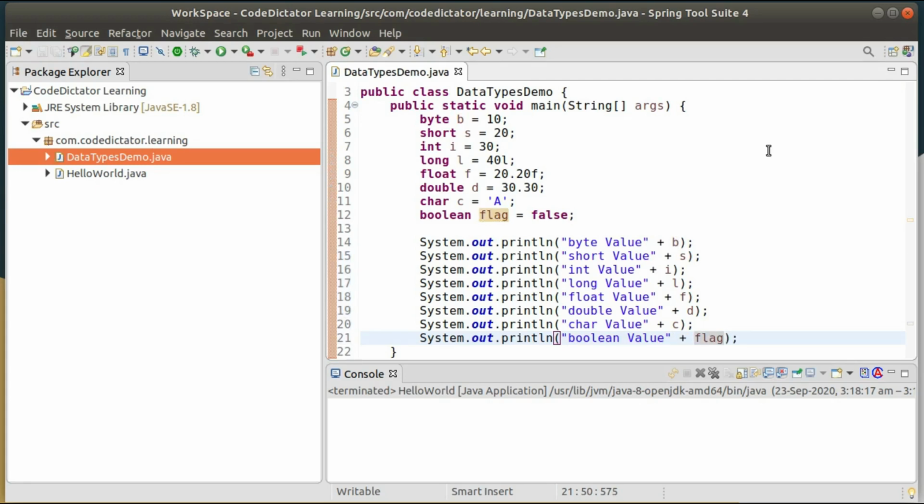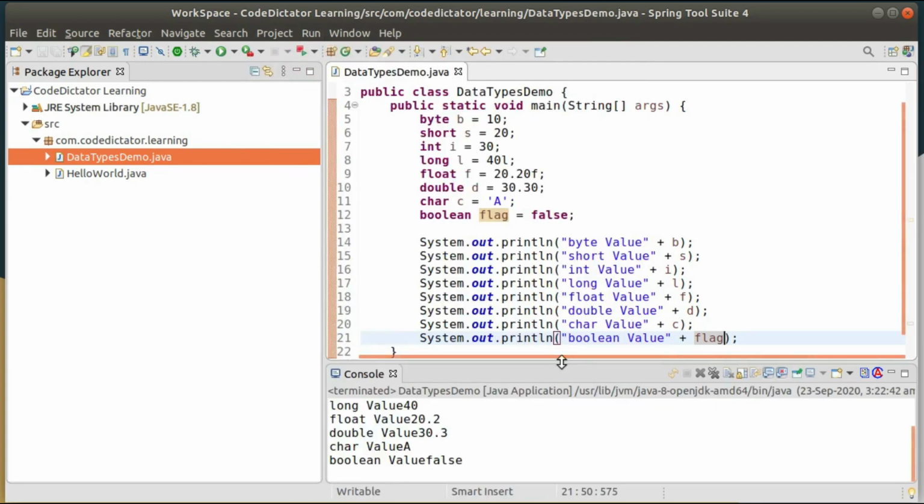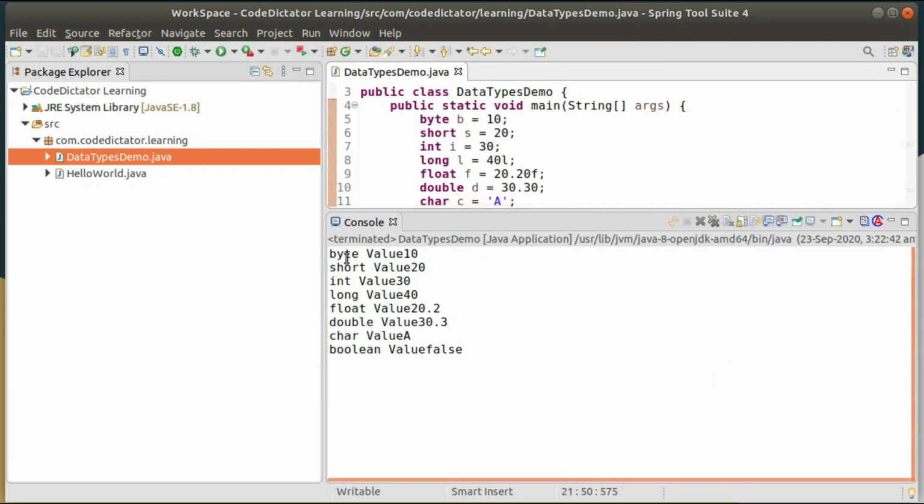Okay, now run your program. Simply click on run. Yeah, it is giving me the output: byte value, short, int, long, then your float, double, char, and your boolean value.